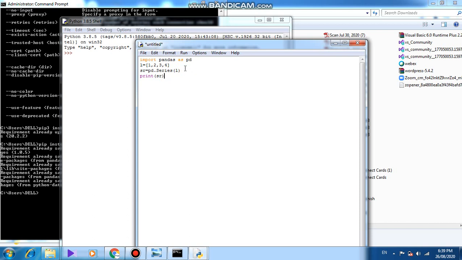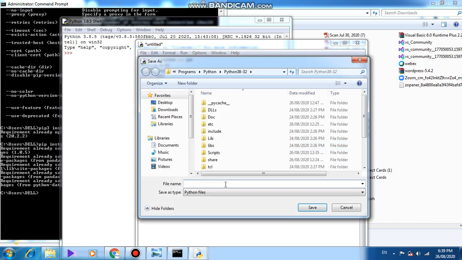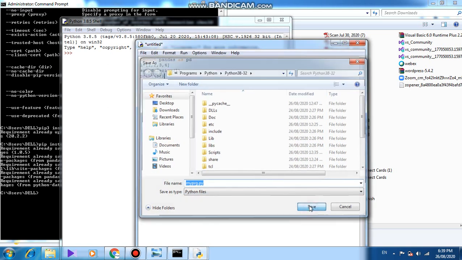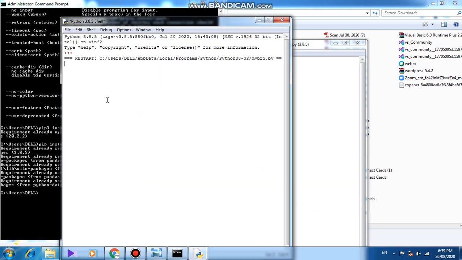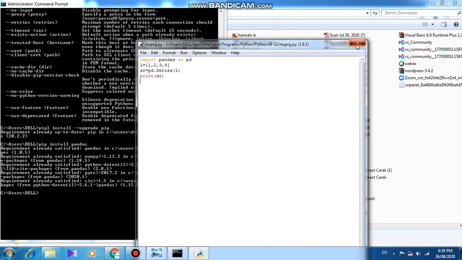A list is in a left to right horizontal form. Elements are arranged in a horizontal form. And this is my series. Let's run the program. If it is not saved, it will ask to save. I am typing my prg.py. The extension is compulsory. Just check. We are here on the shell and I hope I will get the output of the series, because pandas is in my system. Very nice, I got it. 1 2 3 4 are my elements and this is the default index. Congratulations. Okay students, I hope it is clear.